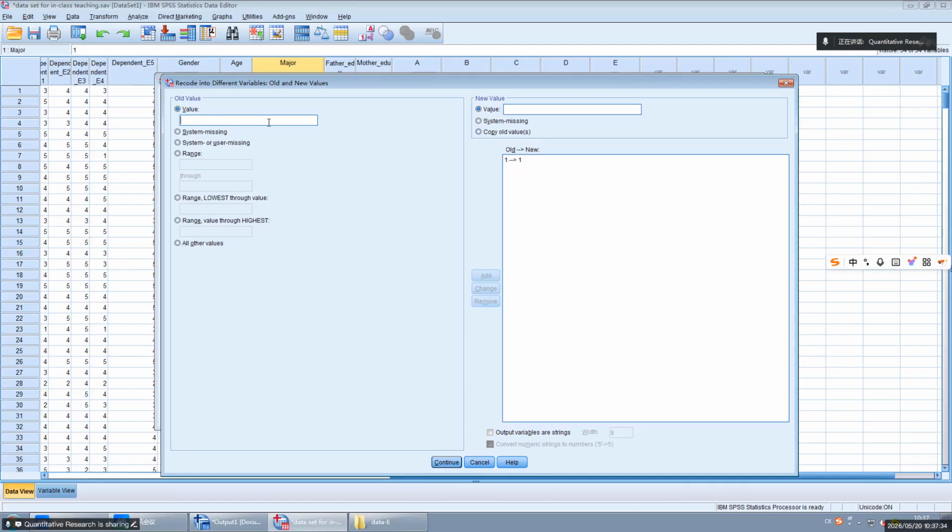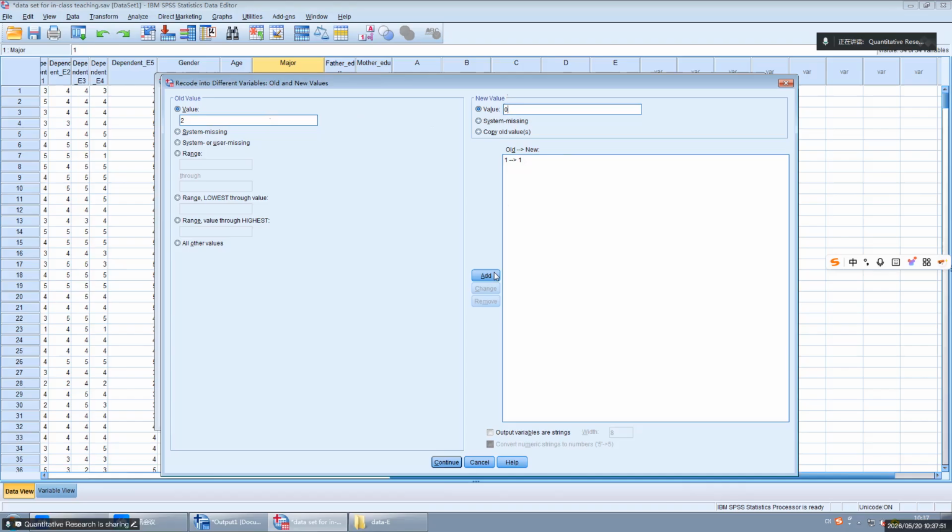Okay. But the old value is 2. The new value should be 0, right?